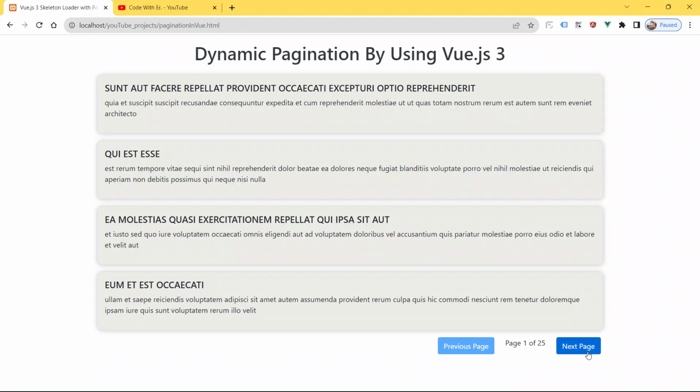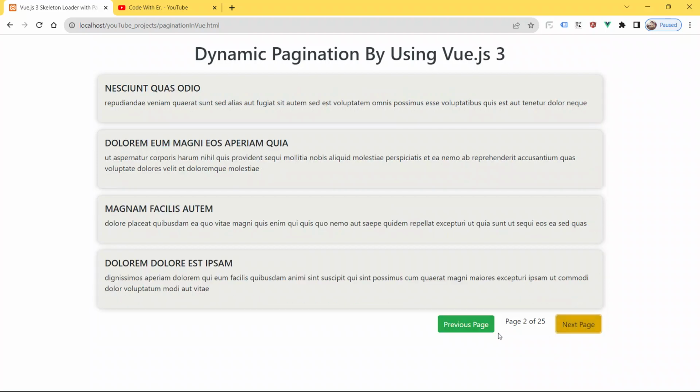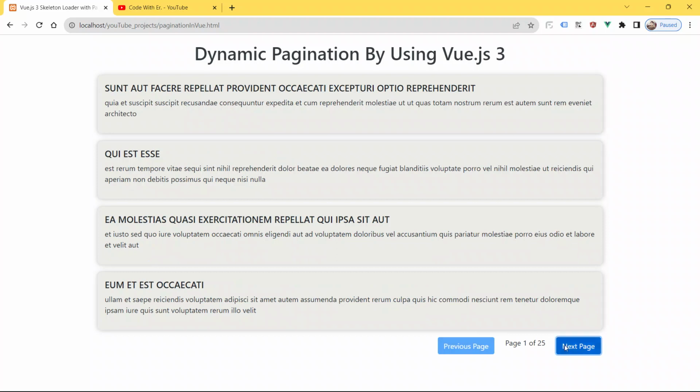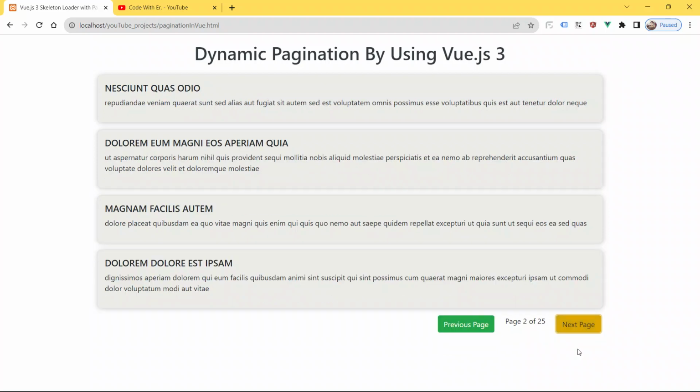So guys, the moment the page count is greater than 10, our next page button background will become red, and the moment the page count is less than 10, our background color will change back to yellow, and the moment the page count is 1, the next page background color will change to Dozer blue again. See guys, see how the background of the button changes. See how dynamic and how innovative our application is.